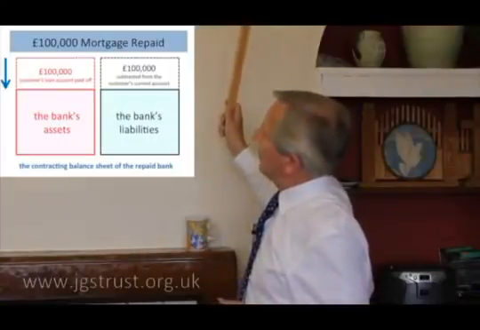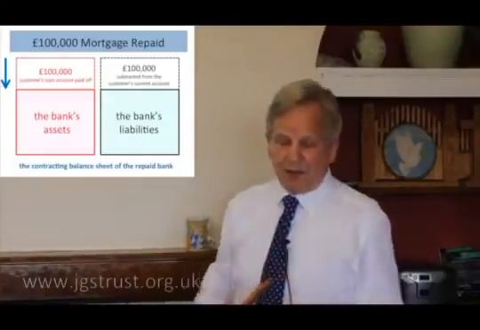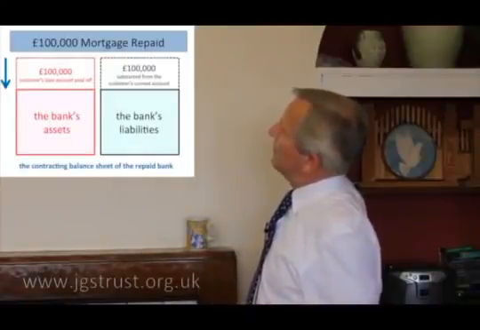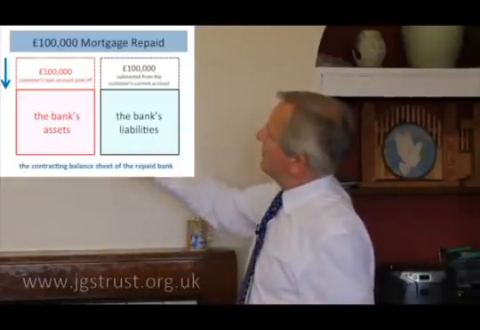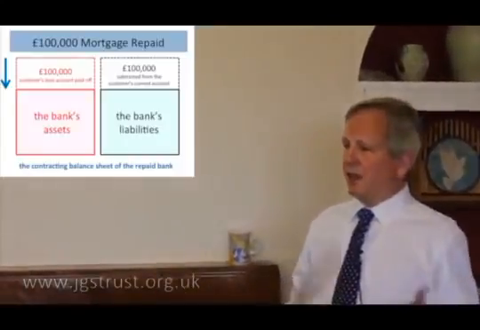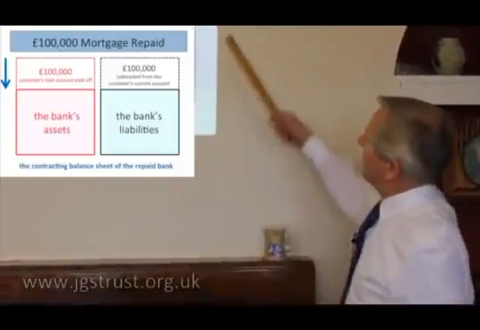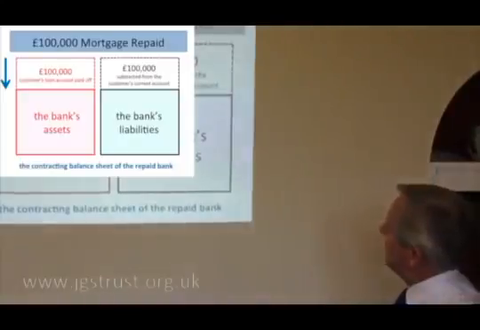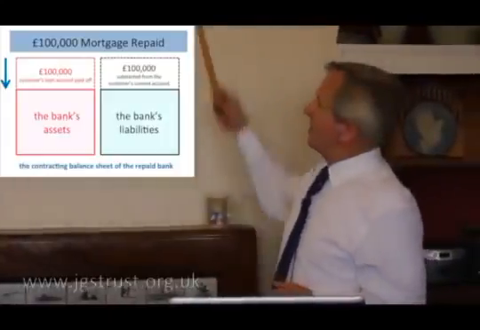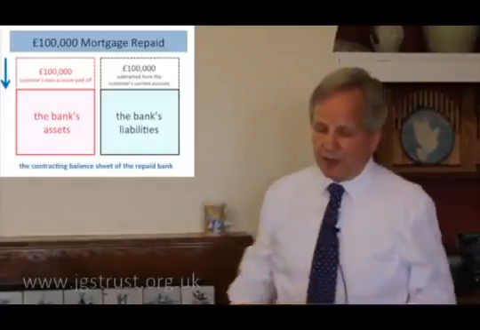So when the guy comes in with these 100,000, well, he probably doesn't these days, he probably does it electronically, but when this event of debt repayment happens, then the effect on the balance sheet is that the loan account is paid off, so it disappears. So obviously some historic record of it is kept somewhere, but the day-to-day accounting of the bank, that loan has gone. And on the other side of the balance sheet, the customer's current account has gone down by 100,000. So we see the two sides now have shrunk, just in the opposite way to when they expanded when the loan was taken out.